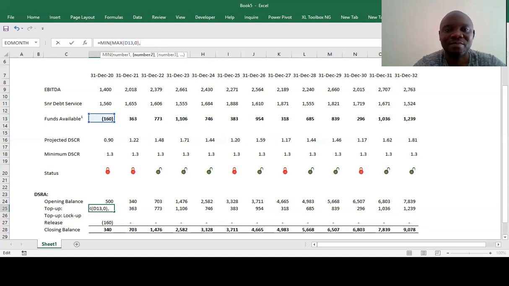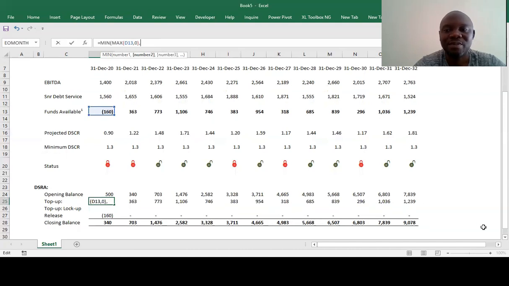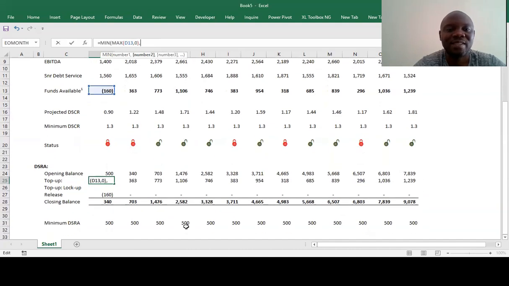We start from here, where we say 500 here, which is the minimum balance. Sorry, also it's the max. So 500 here, which is the minimum, minus any shortage that we have on the opening balance. So, comma 0.